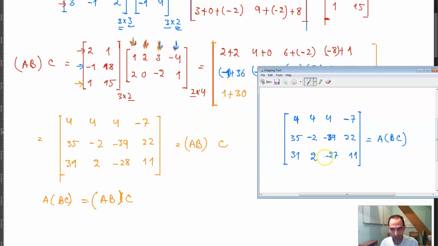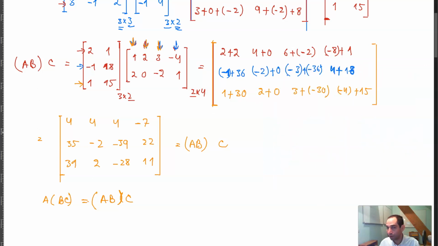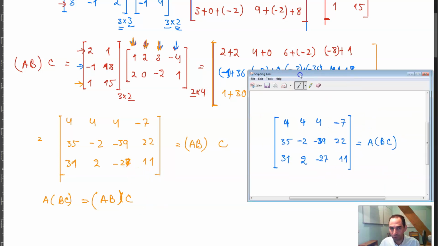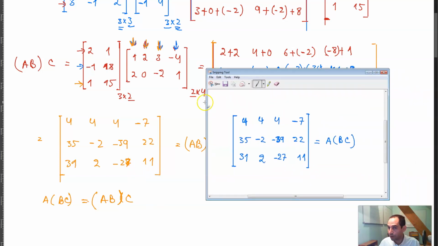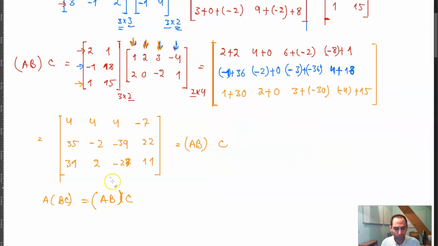It seems that they are actually the same except for this negative 27 that I got here, which I might have made a mistake somewhere. I don't really know where. That's 27 actually. Negative 30 plus 3 is equal to negative 27. So that means that then the matrices are actually the same. Therefore we have shown that